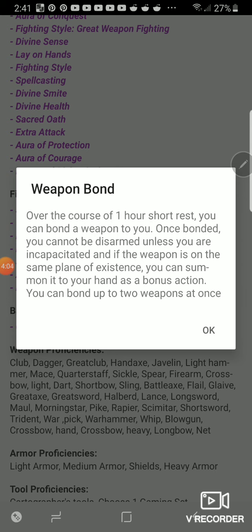So essentially, what this means is Escanor cannot be disarmed while wielding Rita, which should be the case, always, and if he's caught without Rita, all he has to do is say, "Divine Axe Rita, hear my call and answer me," and it will appear in his hand,